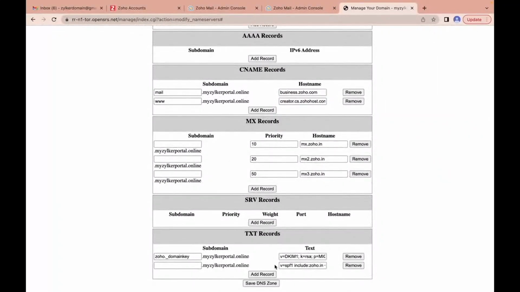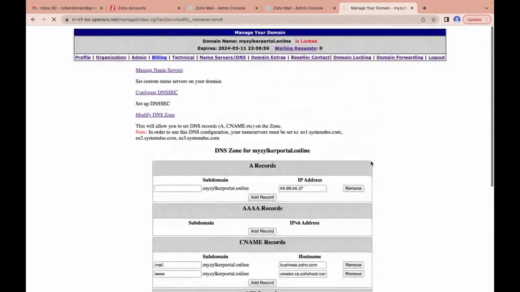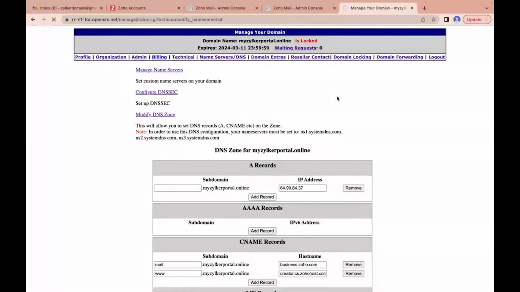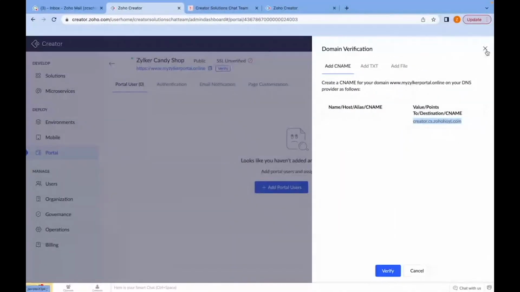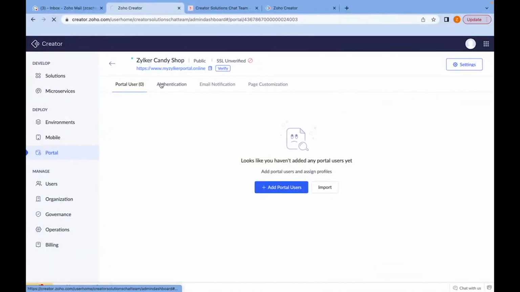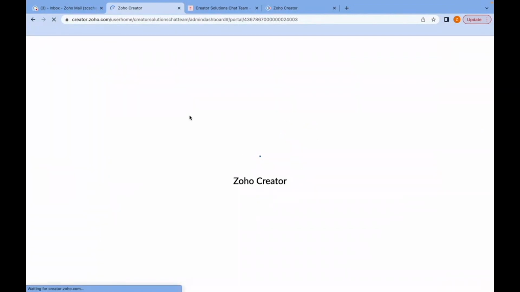So once I add the CNAME record, I'm going to save the DNS zone. For a CNAME, you will need to map it twice. That is, you will need to add two records. So here we have added the first record. Once I have added the first record, I'm going to do a quick refresh from my end from the Zoho Creator portal